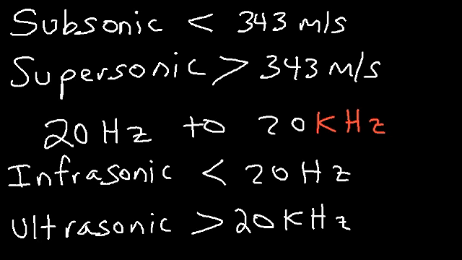A good example of the use of ultrasonic waves, think of sonar. Submarines use sonar to detect moving objects that are far away from them. Even bats, they use ultrasonic waves to detect if there's an object in front of them. Now, as we mentioned before, sound is basically an oscillating pressure wave. It's a longitudinal wave. It can cause air molecules to compress or expand, creating regions of high and low pressure. So, a sound wave can cause air molecules to be displaced.